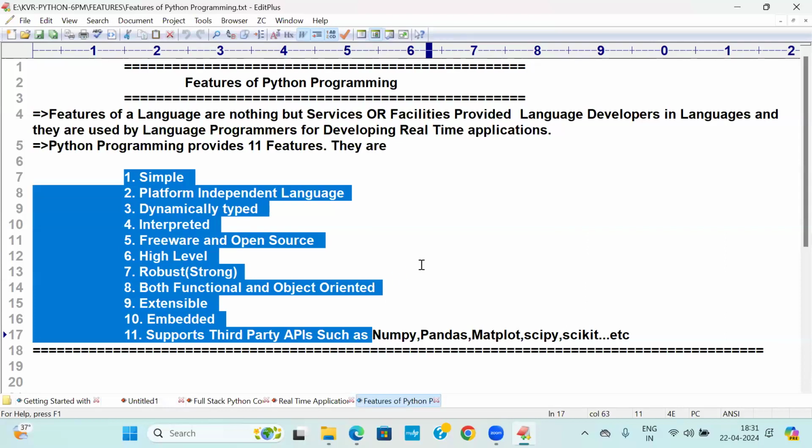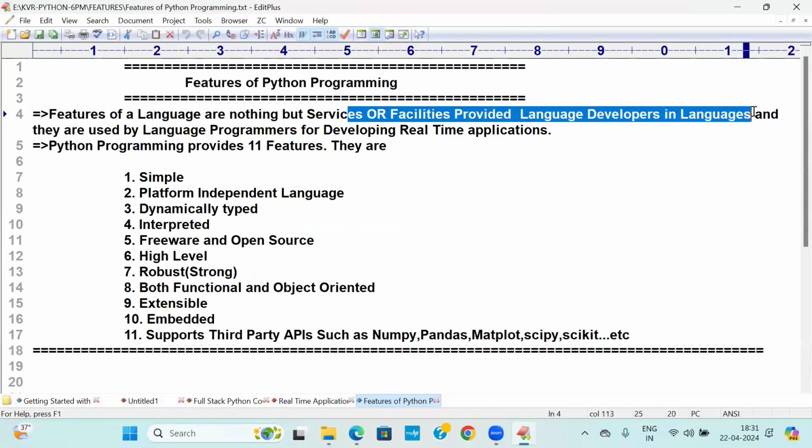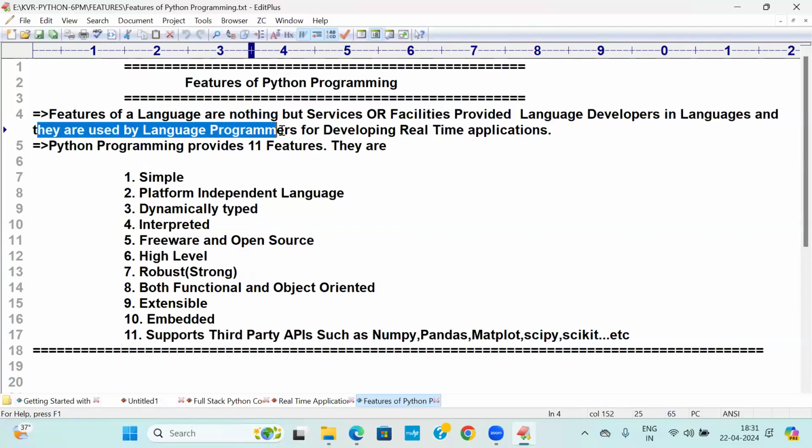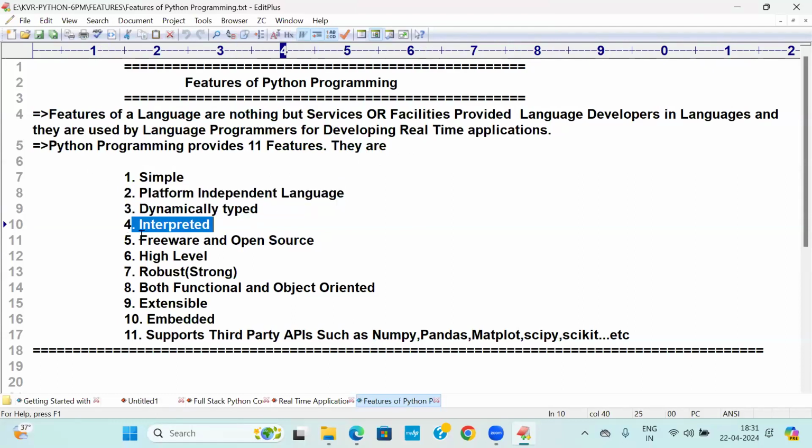So how many features does Python have? Number 1, simple. All of you read out. Features of a language are nothing but services or facilities provided by the language developers in the language, which are used by real-time programmers for the development of real-time applications. Python programming provides 11 features. They are: simple. Come on, read out everybody. Simple, platform independent language, dynamically typed, interpreted, freeware and open source, high level, robust, both functional and object oriented, extensible,